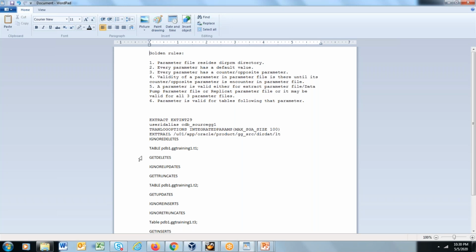So I always say, design your Golden Gate properly. Now you may say, Ashish, how can we understand? So one thing is, you always have to ensure you are designing Golden Gate properly. Now how can you design? Not only Golden Gate, for any project, how can you design properly? If you understand the requirement properly. Understanding the Golden Gate requirement is very important. Not only the Golden Gate requirement, any project requirement which you have to implement related to any technology,